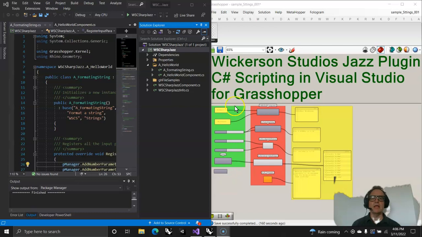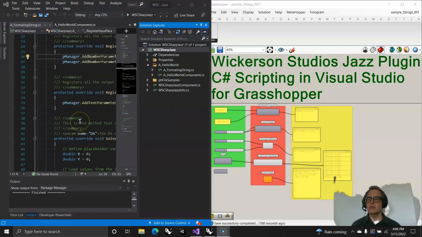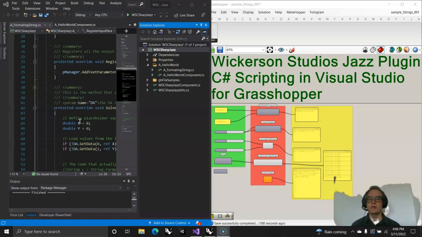I have recently been working on really fine-tuning my C-sharp scripting skills. And where I'm going to go and who I'm going to follow is Parametric Camp. However, I wanted to deviate with what I'm going to refer to as the Wickerson Studio Jazz plugin. It's C-sharp scripting in Visual Studio for Grasshopper. And what I've been doing is learning how to make my own solutions, create my own scripts within their own directories, and basically do all of the tricks to get yourself up and running, even though the scripts are pretty